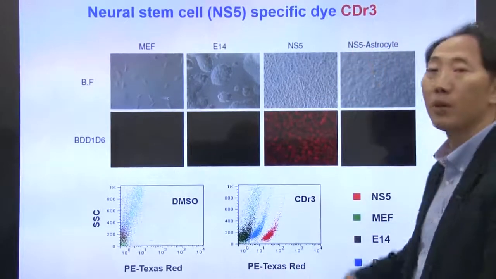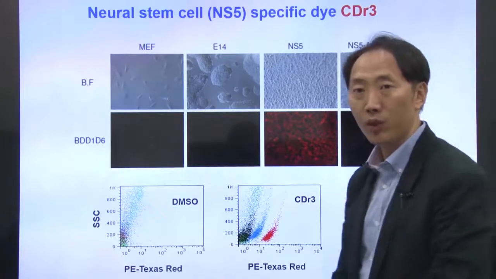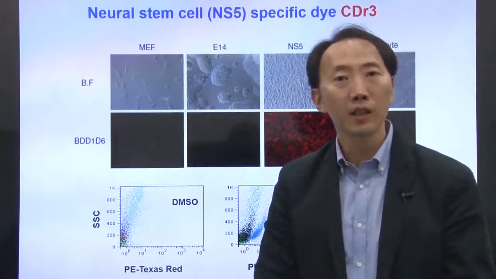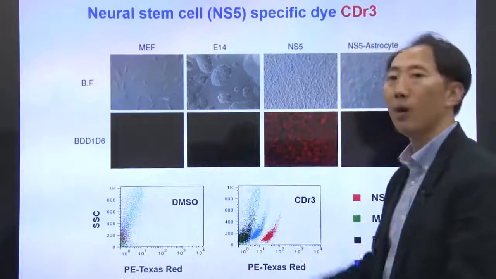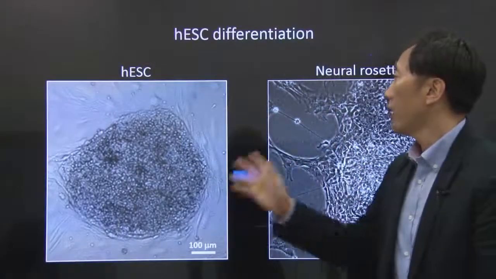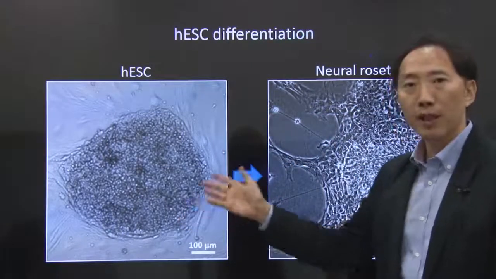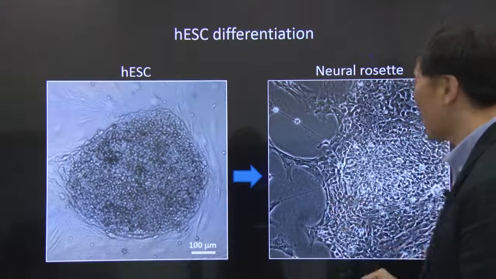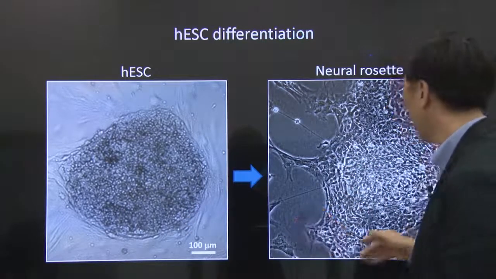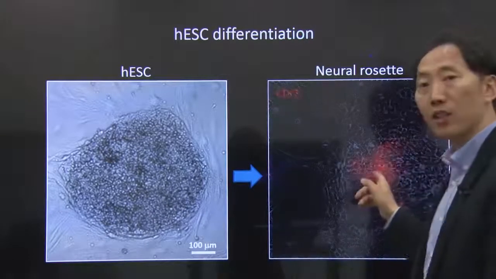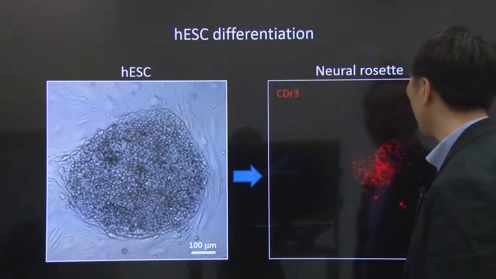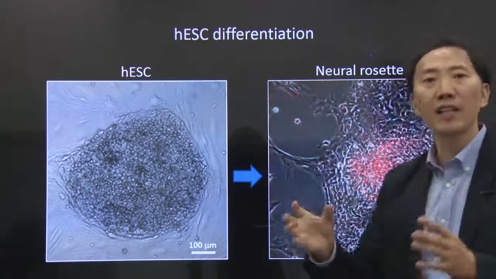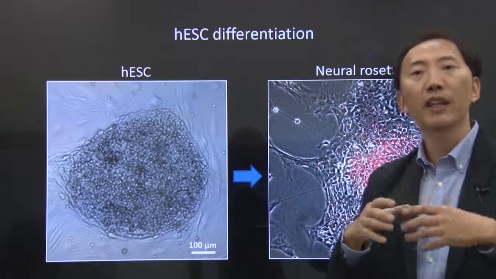By screening, we found this neuronal stem cell selective compound. We call this compound CD-RED3. You can guess the color is red, and this is the third compound found. Here we have stem cells, and stem cells differentiate in neuronal directions, but this neuronal stem cell population is not pure enough. So in this case, if you add CD-RED3 here, only the neuronal stem cells are stained. Then you can isolate these neuronal stem cells and utilize them.